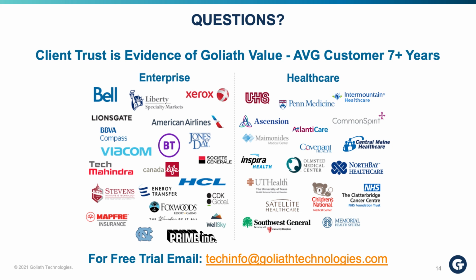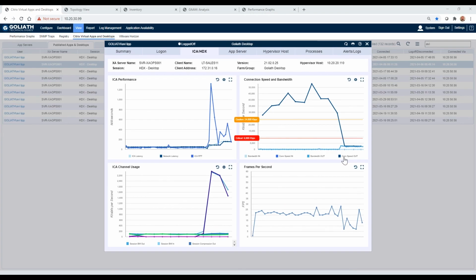We have one from Natalie. Have you ever proven that it was home Wi-Fi that was impacting performance of an end user session? So yes, Natalie. Avi, if you want to bring up the network connection. When Avi was talking about those screens that show the ICA and HDX tab, and we show the lines of where degradation is, that 100% is actually showing you in less than 3 clicks that you can prove home Wi-Fi is an issue. So you can see that they have slow latency or high round trip times. And then by clicking here, you can see that network speed dropped. And that's going to indicate not only that it's home Wi-Fi, but as Avi pointed out, that specific connection speed